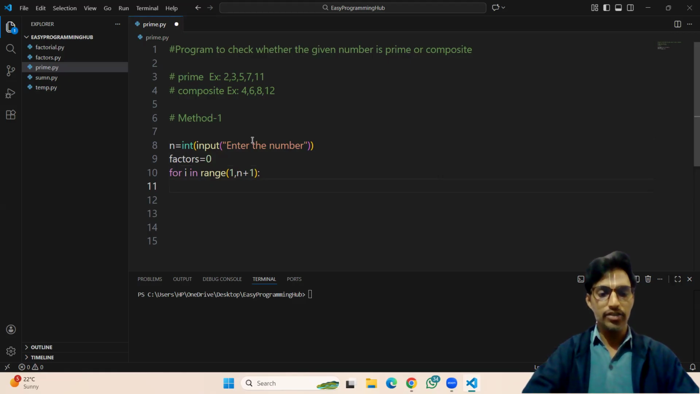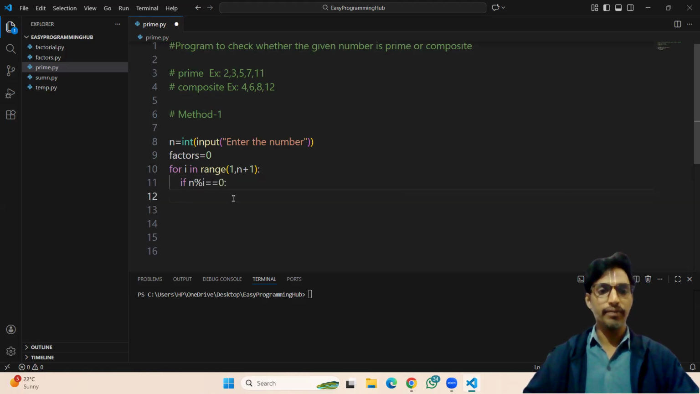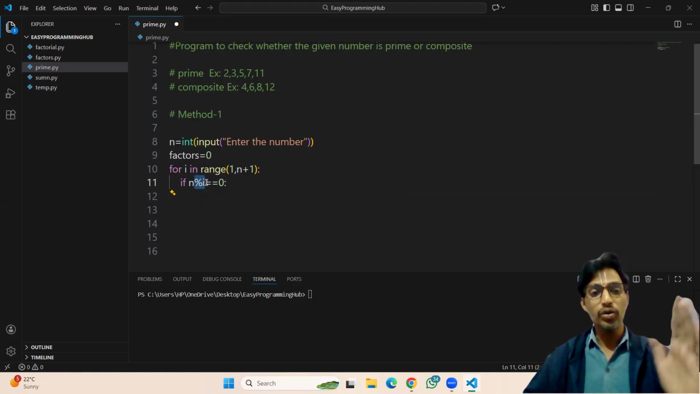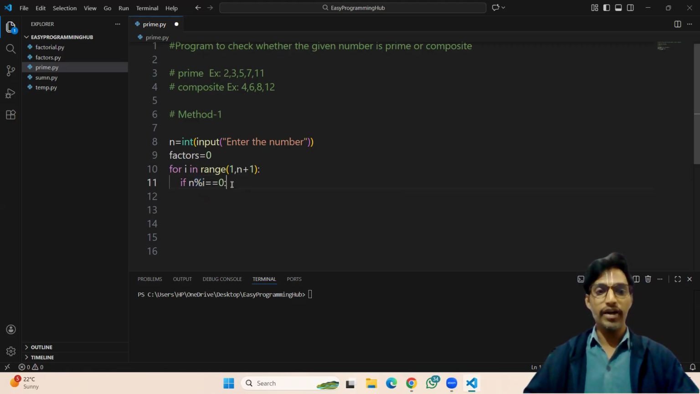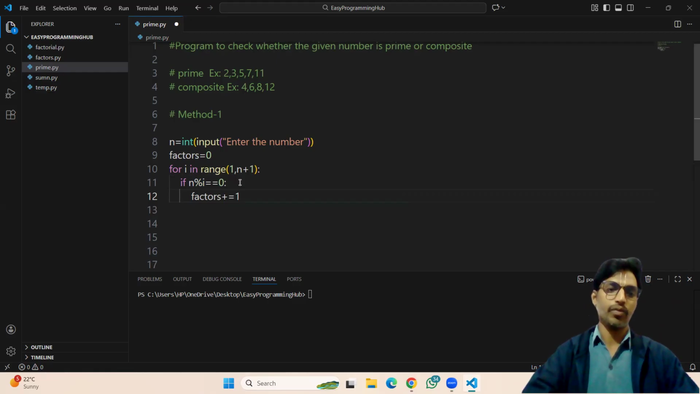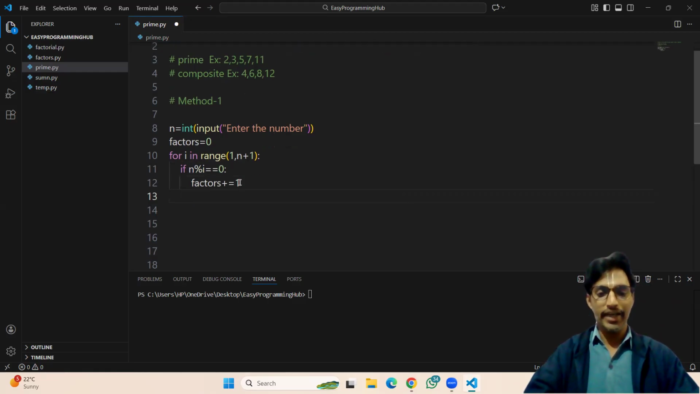Here indentation starts, and here the condition is if n modulus i equal to 0. Meaning given number n, we are dividing with i. Each i value is from 1 to n. And whichever i divides n successfully, at that time this condition will become true, and at that time we have to count the factors every time by 1. That's it. Then you can exit from this loop,